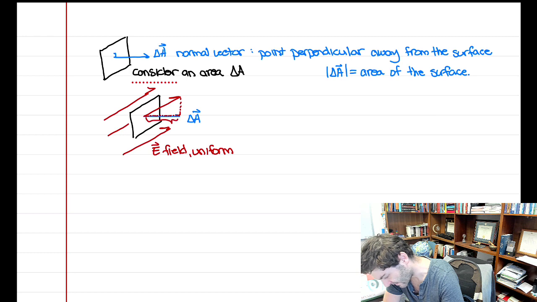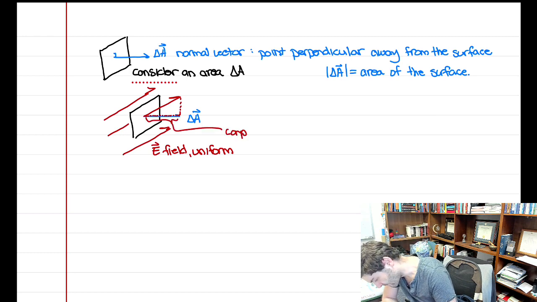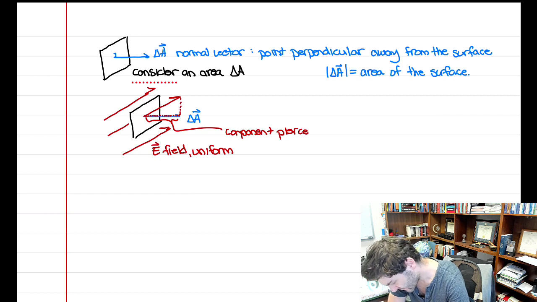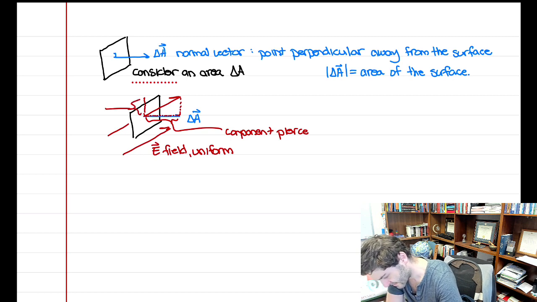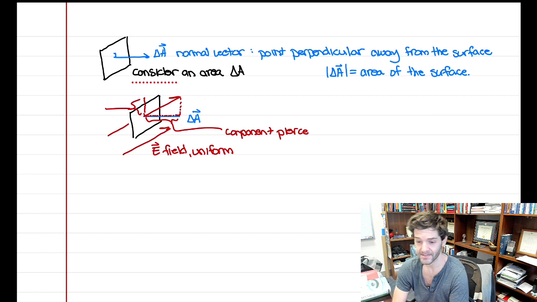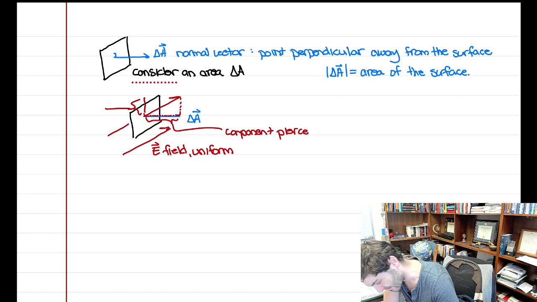So we have this part right here, which is the component that does pierce the slab. But then there's this other component here, which I'm going to get rid of this one, it's too busy. Then there's this component here that doesn't go through the slab. That's the part of the E field that